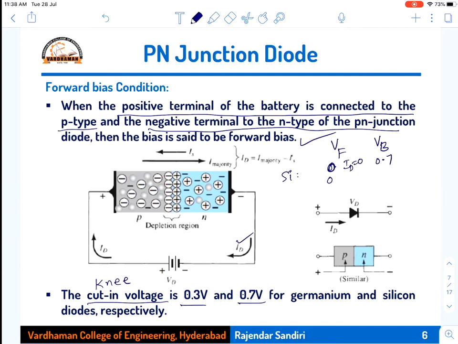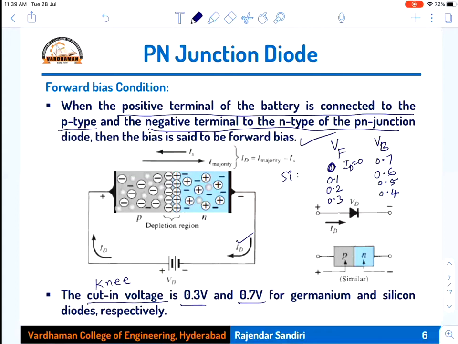Now if you increase the voltage from 0 to 0.1, what happens? This 0.1 will cancel the barrier potential across the junction by 0.1 volts. So this 0.1 and that 0.1 cancel. How much will be the barrier potential that will be existing? 0.6 volts. That means if you keep on increasing the forward voltage, the barrier potential keeps on decreasing. Now if you increase to 0.2 volts, then it decreases from 0.6 to 0.5 volts. If you increase to 0.3 volts forward voltage, then the barrier potential decreases from 0.5 to 0.4. Whatever the amount of forward voltage you are applying, that is cancelling the barrier potential already created across the junction.